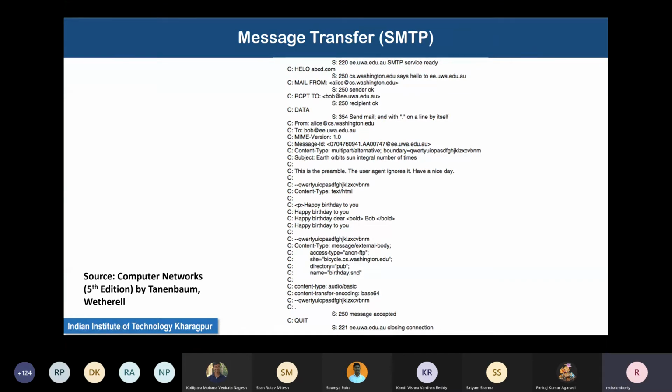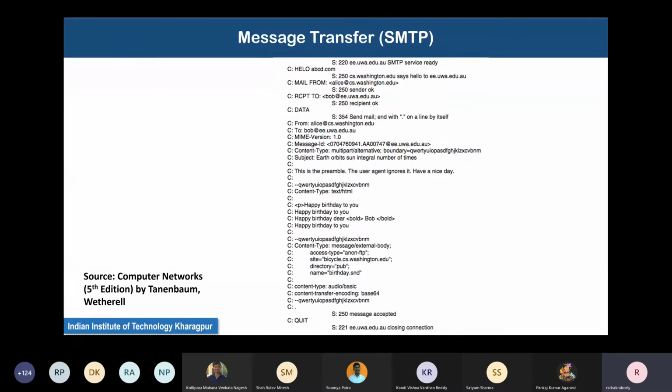This hello command, mail from command, receive to command, data command, are these the things doing the magic? No, they are just the initialization of the processes of the communication. These are high level commands giving some information, but in the background, these are being translated to transport level communications, which are communicated with the server, and then from server to client also the same thing.